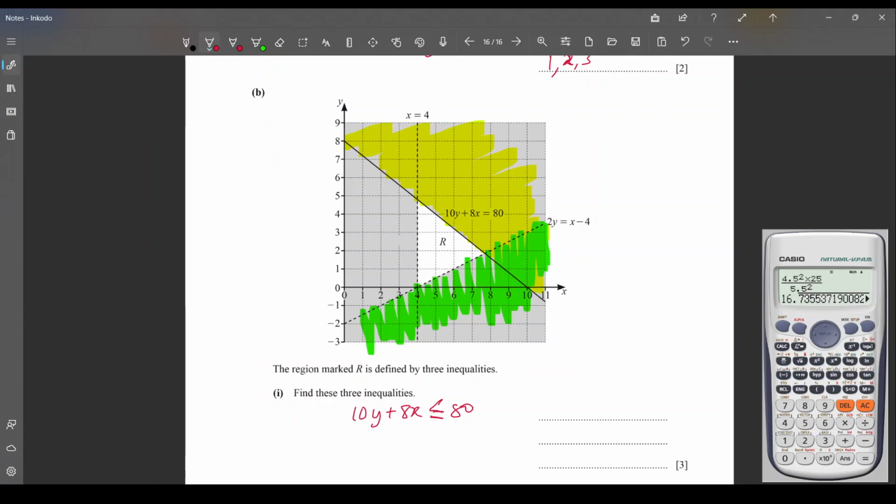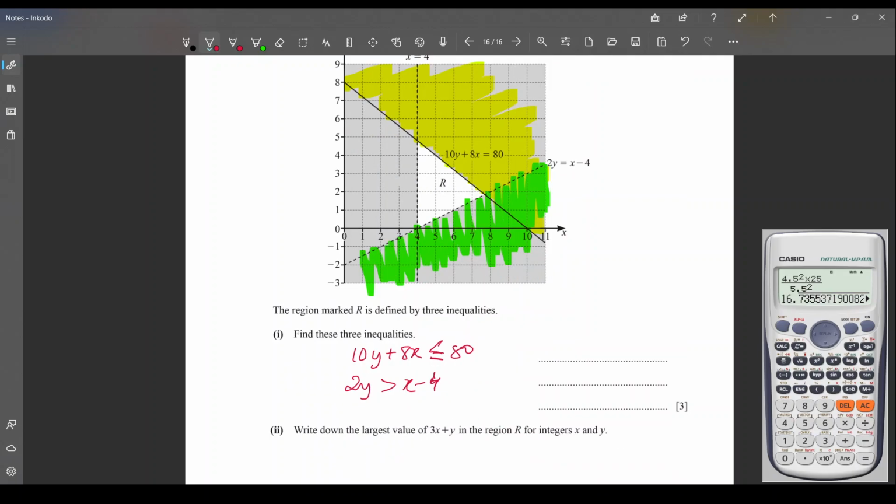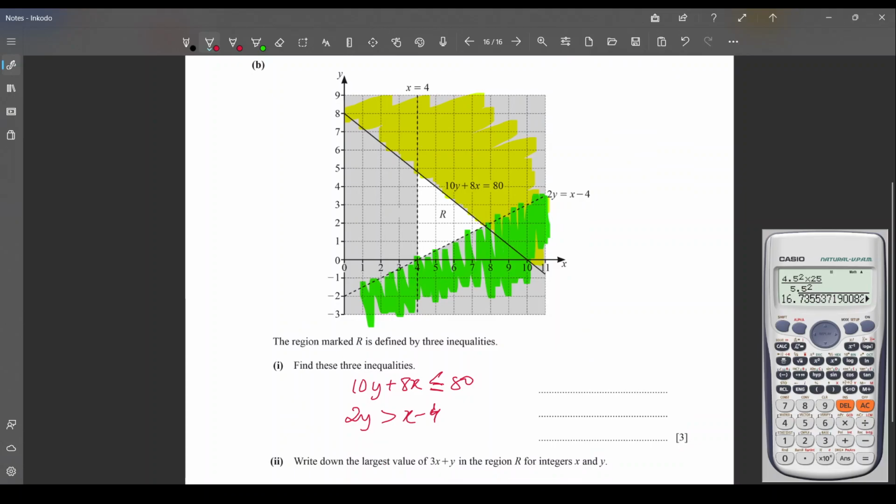So actually the equation is 2y, and because it's coming down it is less than, but the wanted region is going up, so it will be more than that. So greater than, and we will not place the equal to sign because it's a dotted line, greater than x minus 4. And the last inequality will be x equals to 4, this one,